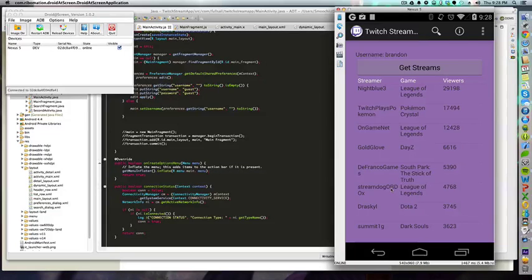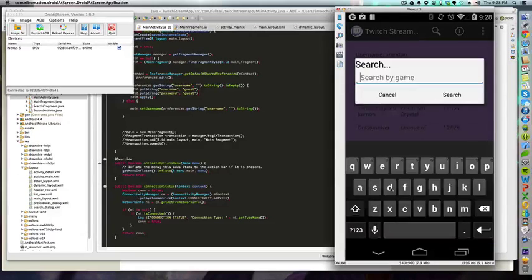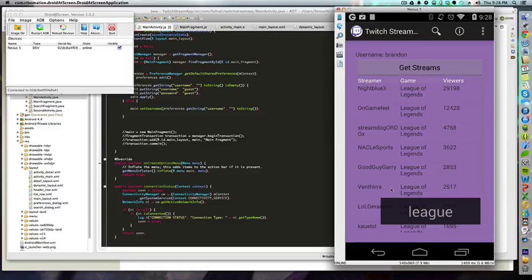My action bar items are a search. So you can search by a game. So if I type in League, and I click search, it will sort the list for all the games that are League of Legends. And then my